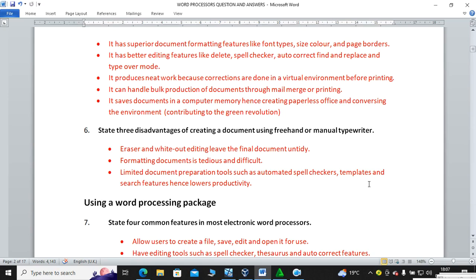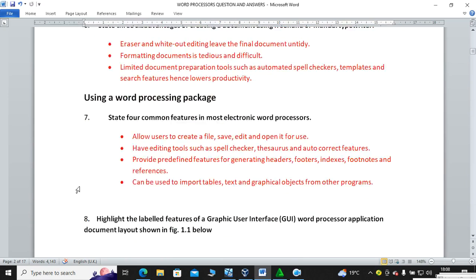That is the use of a word processing package. Now here we are trying to get to the practical details. So question number 7. State 4 common features in most electronic word processor. So the obvious answer is that you can create a file, you can save, you can edit and open it later on or retrieve. The next answer is that they have editing tools such as spell checker, thesaurus,